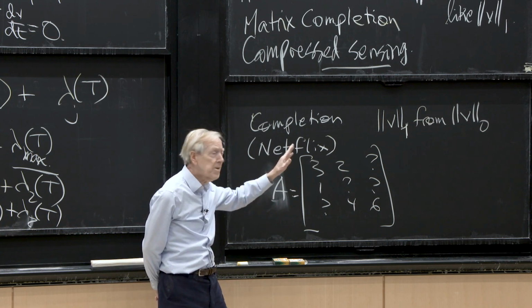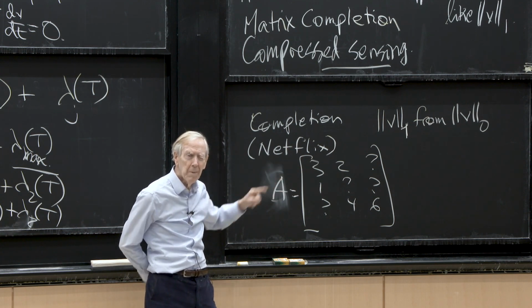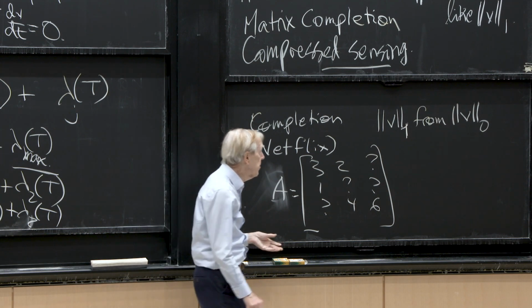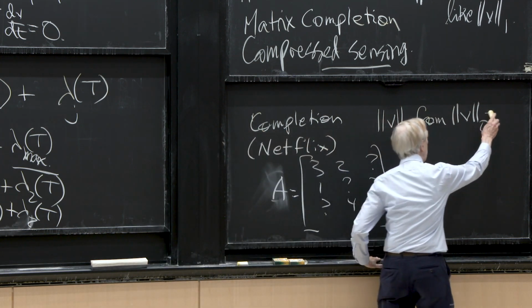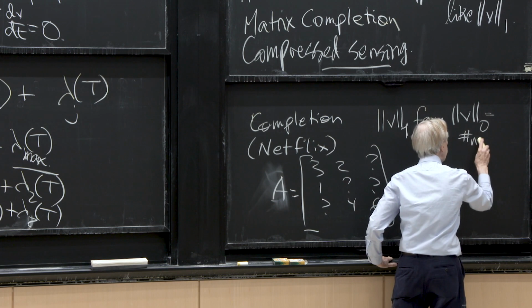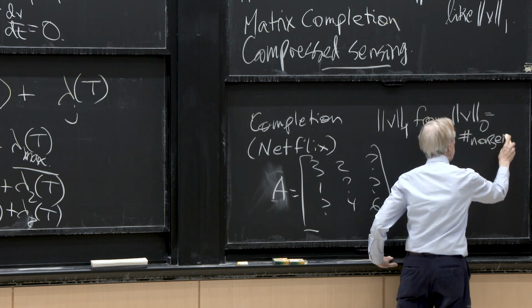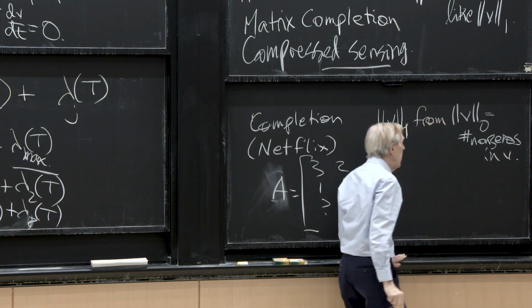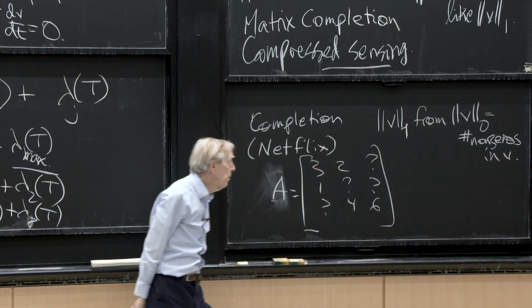But what do we symbolically mean when I write the zero norm of a vector? I mean the number of non-zeros. This was the number of non-zeros in the vector V. But it's not a norm,